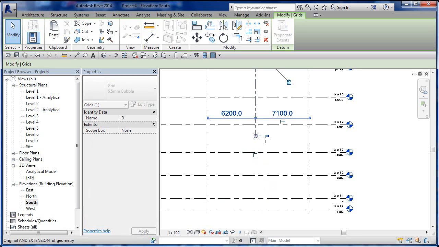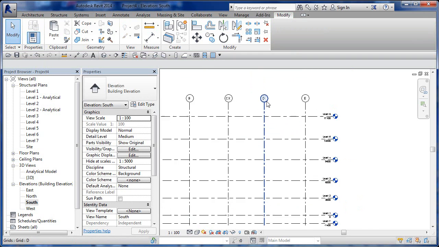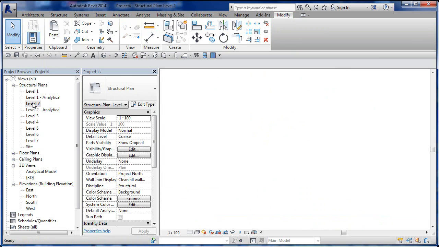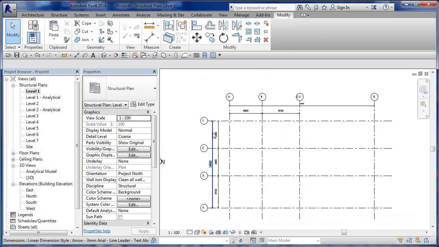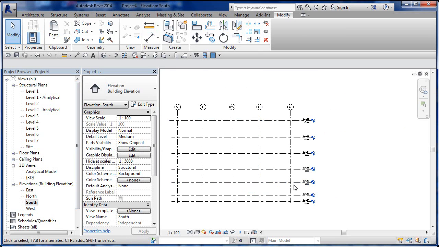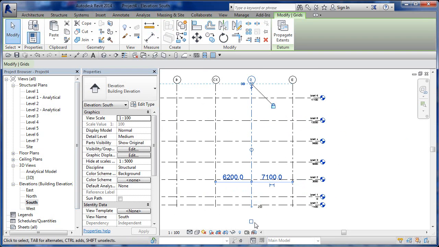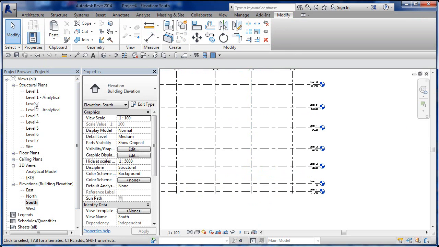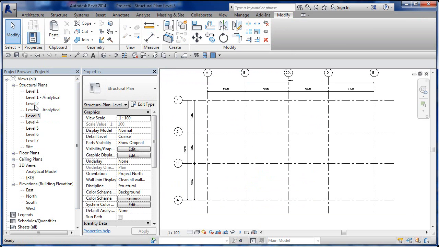You can have the 3D point here and switch to 2D and fool your partner and then do this. And they say, well, my grid line D crosses my level 1 and my level 2, and then you'll go to your level 2 and you won't see it. You'll go to your level 1 and you won't see it. Then you'll go back to your south elevation and say, I don't get it. It's crossing it. It should show up. And it's because it's the 2D point that's crossing it, not the 3D point. Ta-da! How long do you think it took me to figure that one out? So now if I go to my level 3,